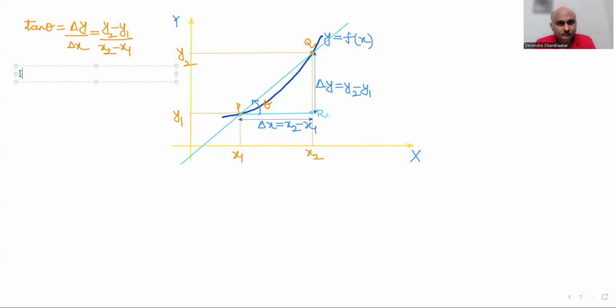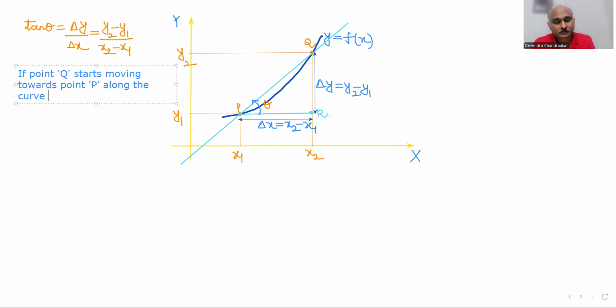If point Q starts moving towards point P along the curve, just imagine this is happening, okay? And try to visualize what is happening. So if point Q starts moving towards point P along the curve,